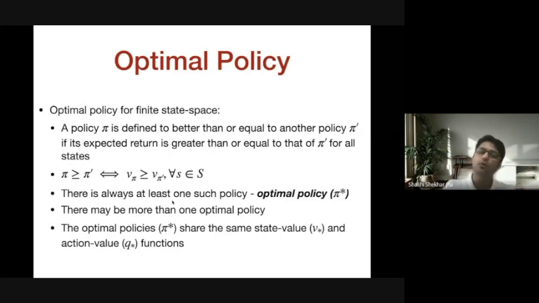There may exist more than one optimal policy. Okay, but at least one will always be there. And another interesting fact here is all optimal policies have the same value function. So the value function of a state under any optimal policy in that particular MDP remains same. Okay.